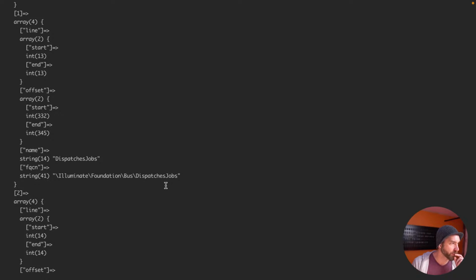Now what we would want to do is basically search these traits, see what's there, and then I would need to determine, is this the only thing on the line? This is really